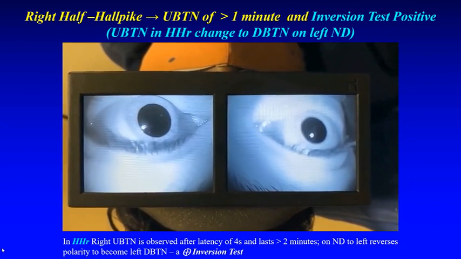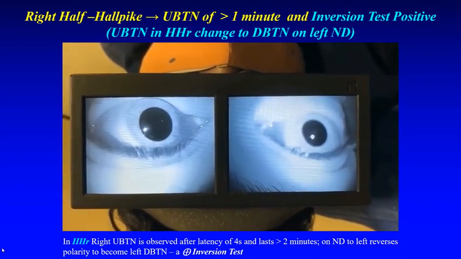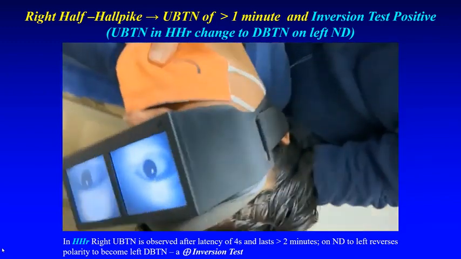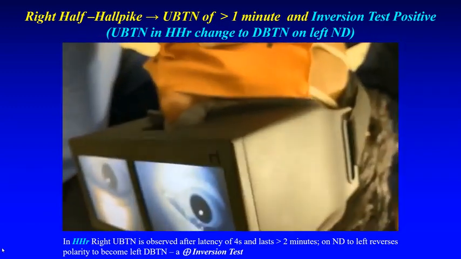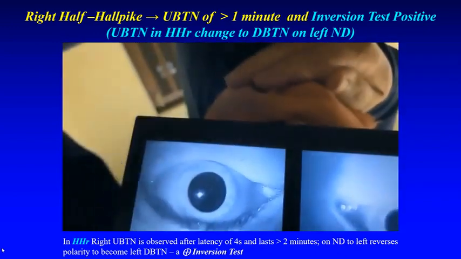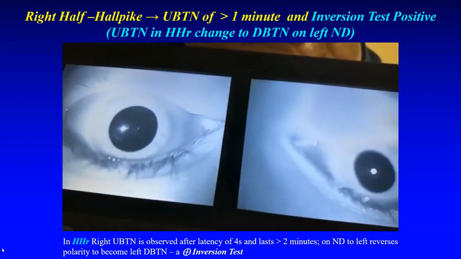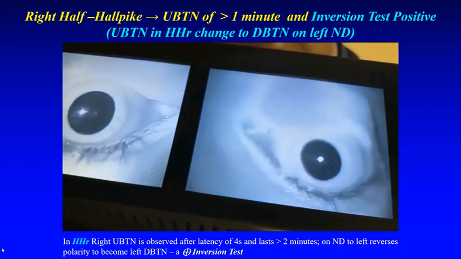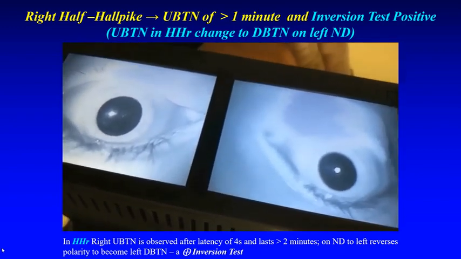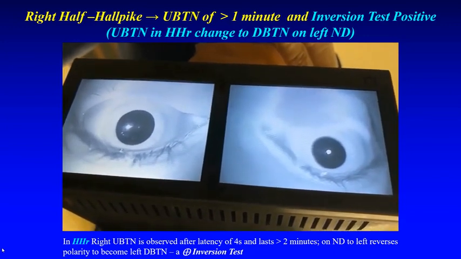At 2 minutes, the inversion test, that is the nose down to the left, was done to look for the inversion test positivity or negativity. On nose down to the left, the right torsional upbeating nystagmus reverses polarity and becomes left torsional and downbeating, as is shown here, and this inversion nystagmus lasted for around 1 minute. This is a positive inversion test, and how it occurs and what its importance is we will come to know as we proceed through the